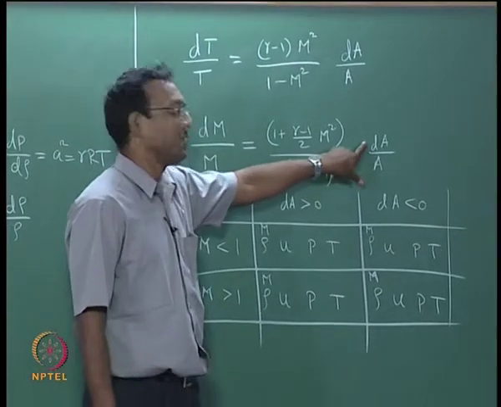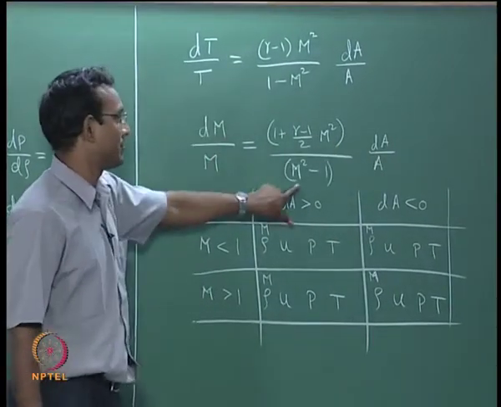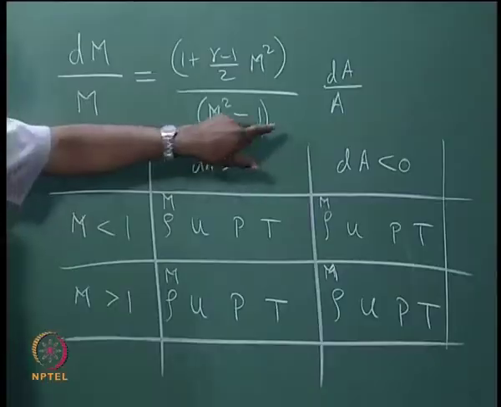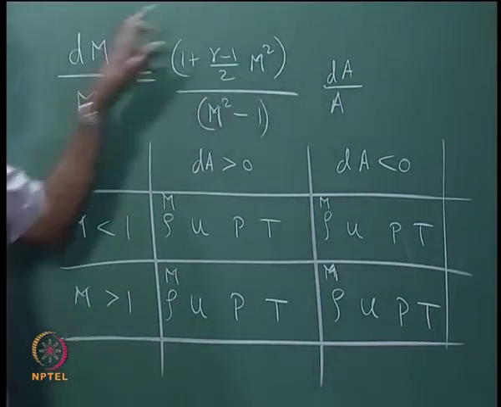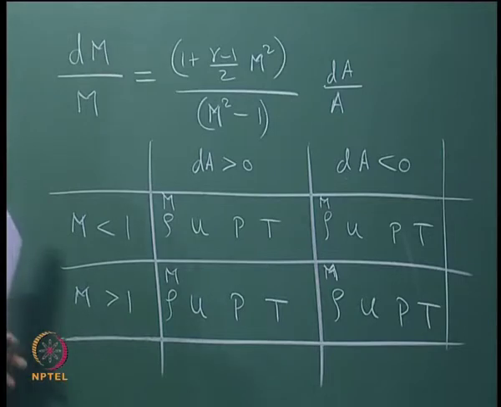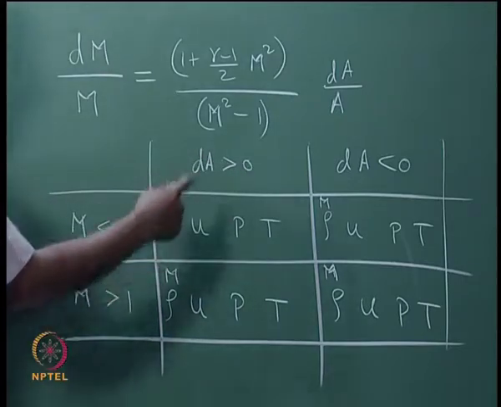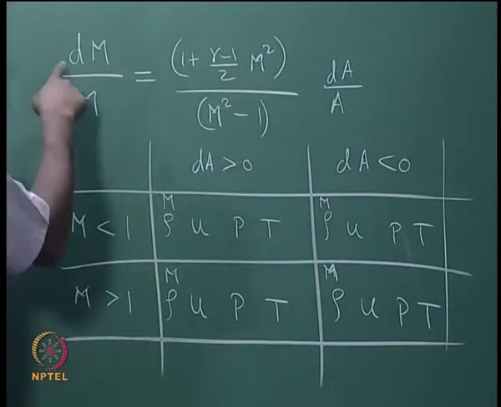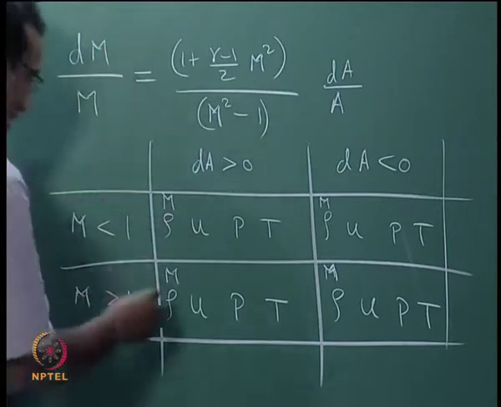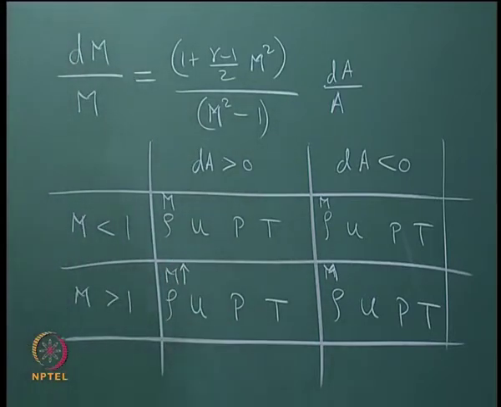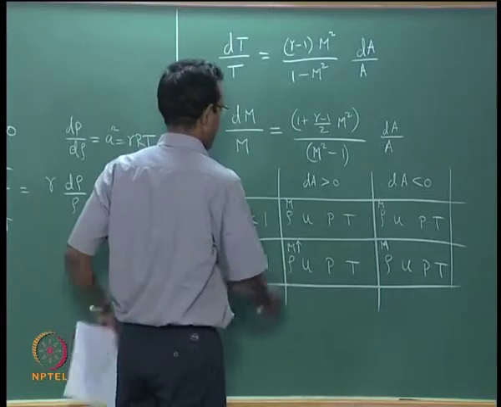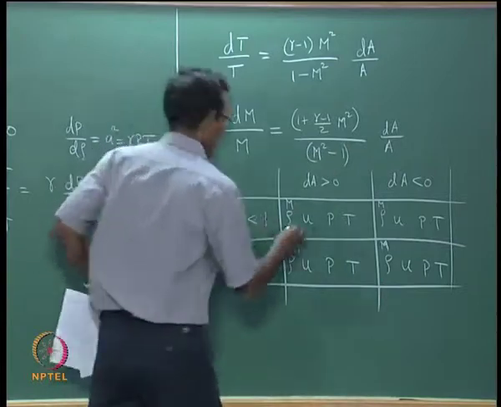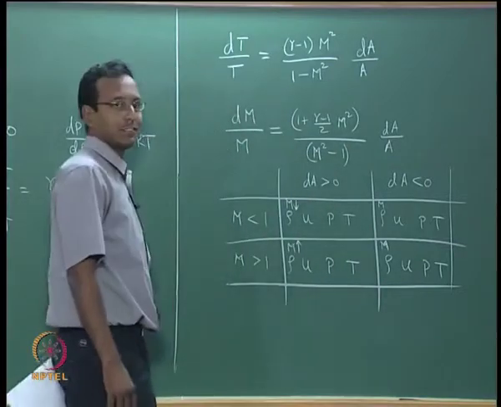If I look at area increase, my Mach number will increase if it is supersonic, that is M greater than 1, that will make it positive. If this is less than 0, then this will also be less than 0. So, I am going to pick a case dA greater than 0, which means this is positive, and I will pick Mach number greater than 1, that will make this positive. So, the overall thing is positive. Mach number will increase, dM is positive, okay, that is this case. What if it is M less than 1? This will just change sign. So, I can immediately write that Mach number decreases there.